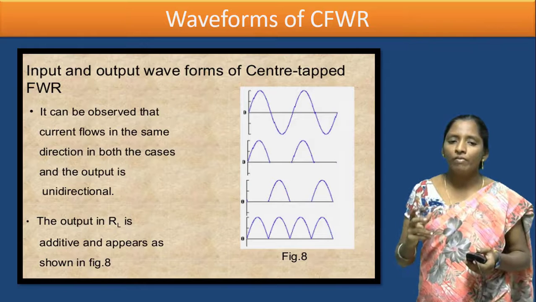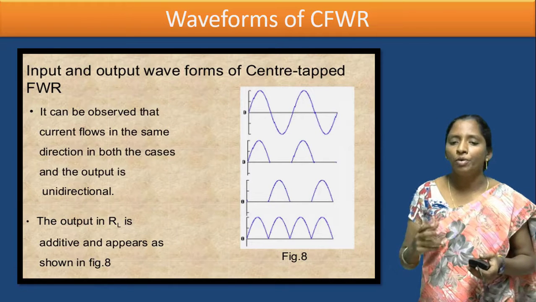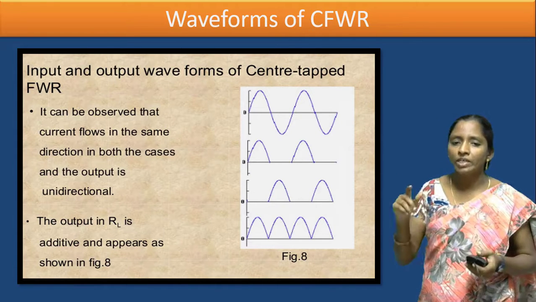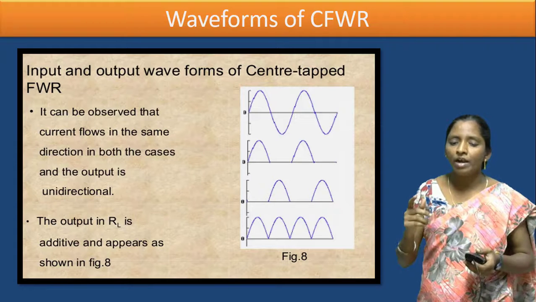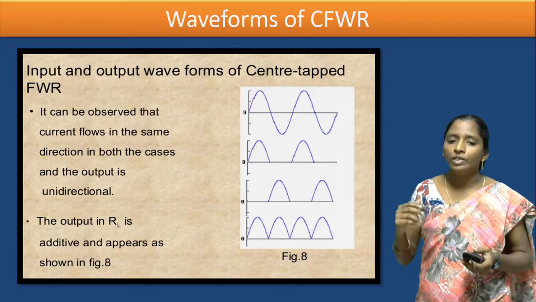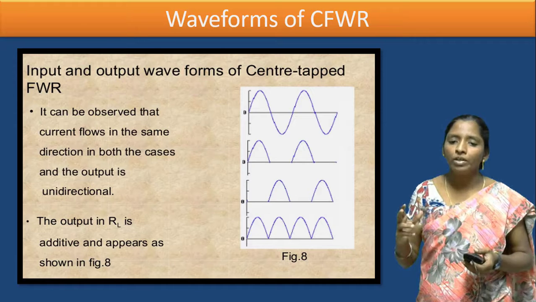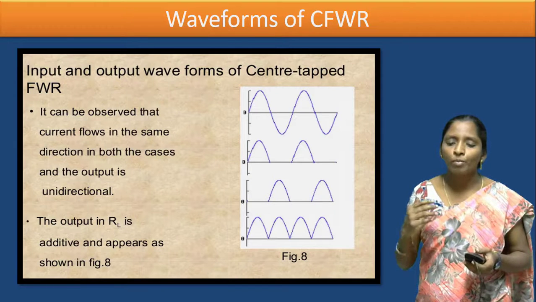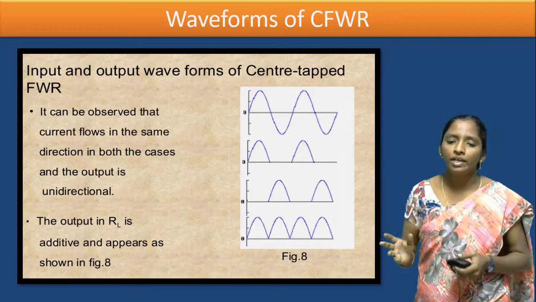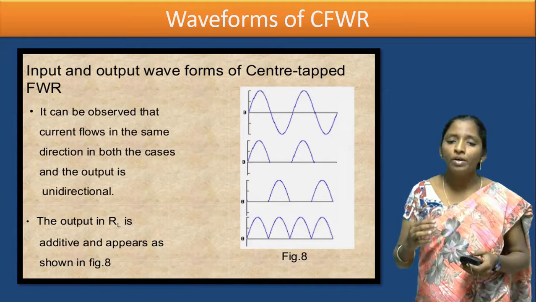So these are the final waveforms: input, output, and waveforms with D1 on and D2 on. First one is the input waveform, the second one is the waveform when D1 is on, and the third one is the waveform when D2 is on. The final output is the output with both D1 and D2 conditions. At that time we are getting outputs during the positive half cycle as well as in the negative half cycle. So here the alternating AC current is converted into unidirectional current, or pulsating DC current.